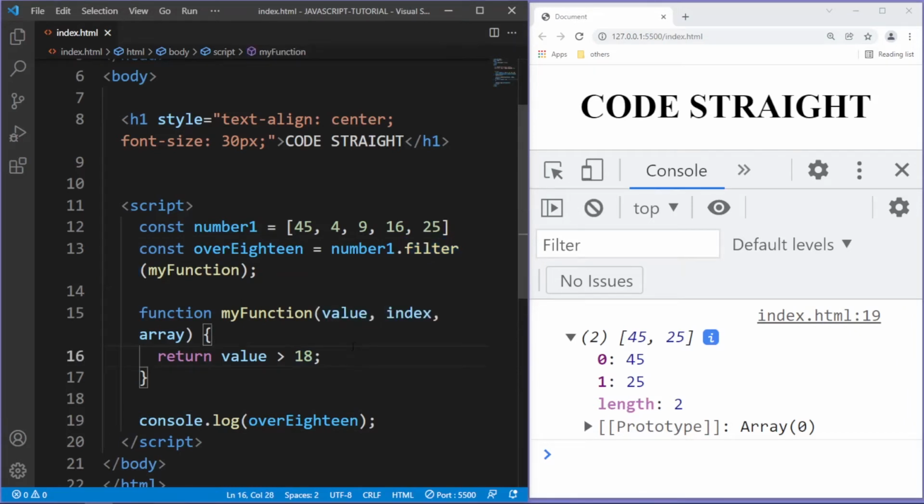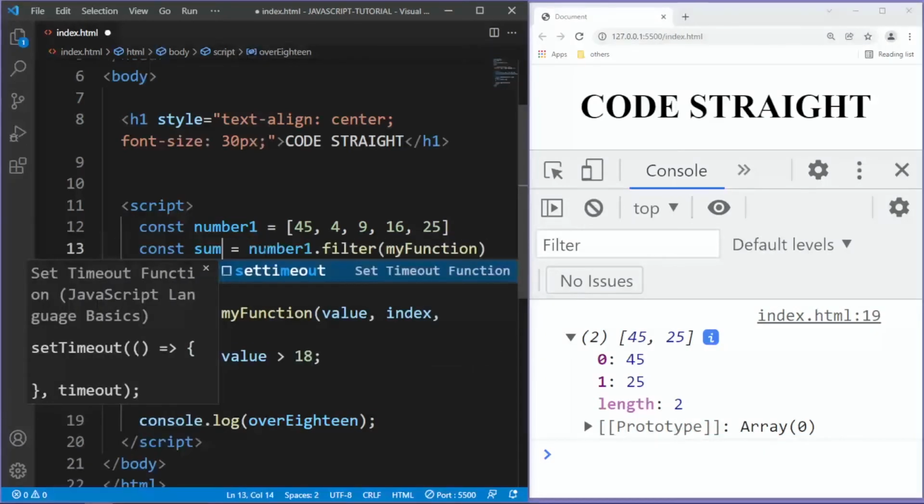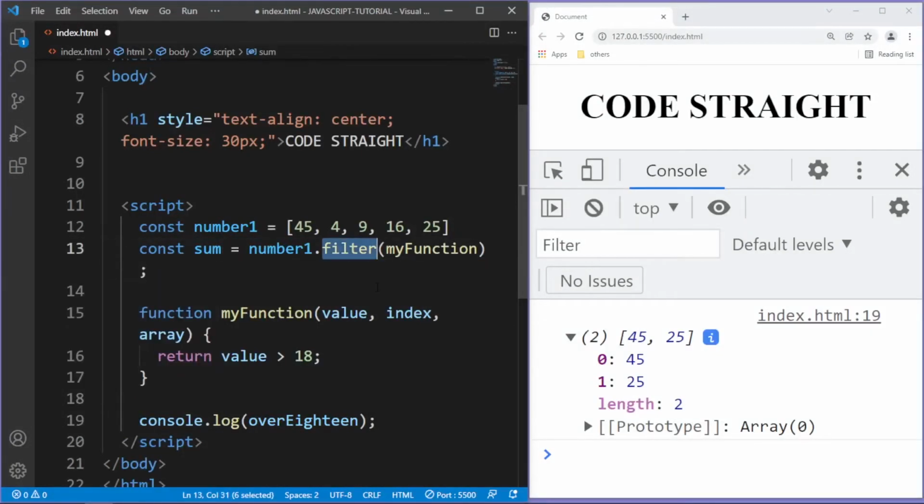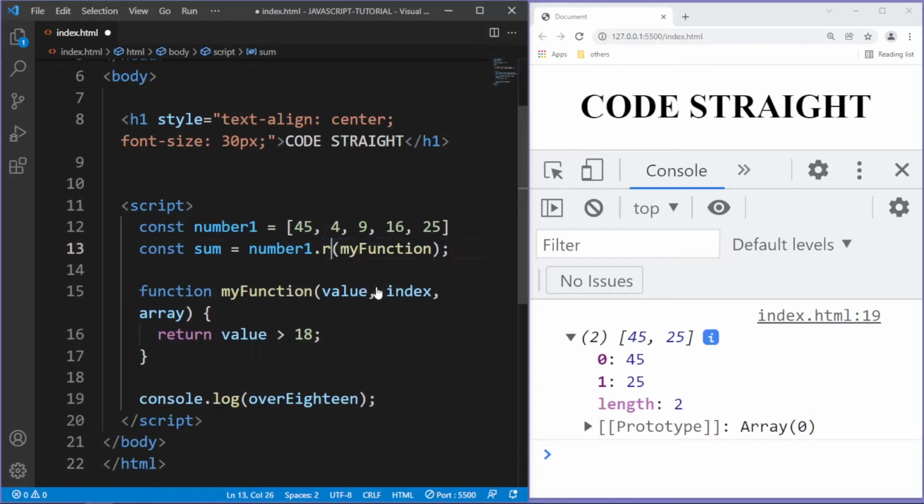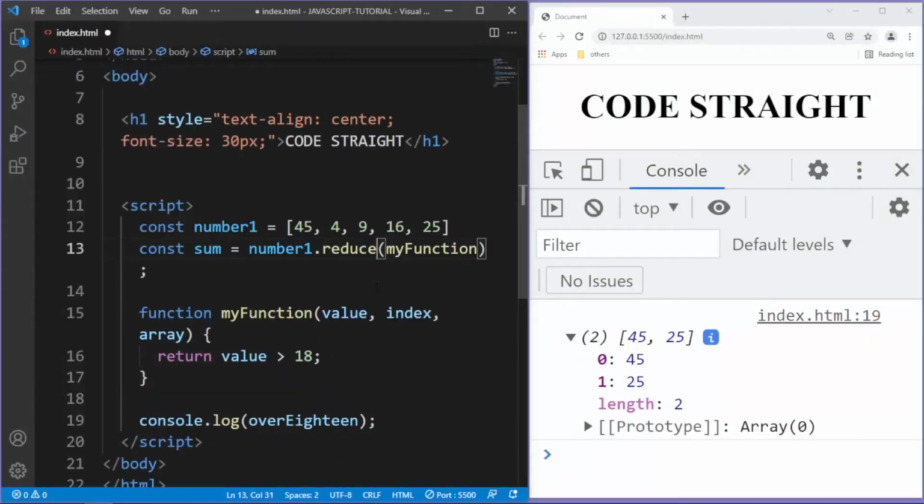Now we have got another method, reduce, that produces a single value. Let's come in here and type, say, I'm gonna make some changes here, sum equals number, and here I'm gonna call a method, say reduce, and the function is called. Here I'm gonna take another value, total,